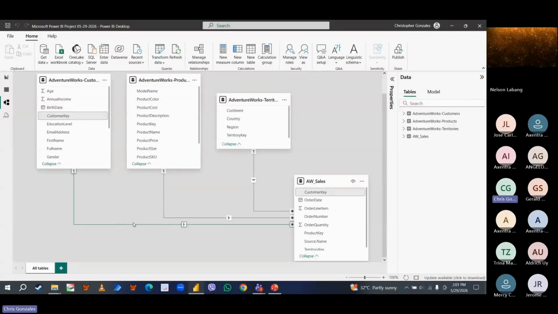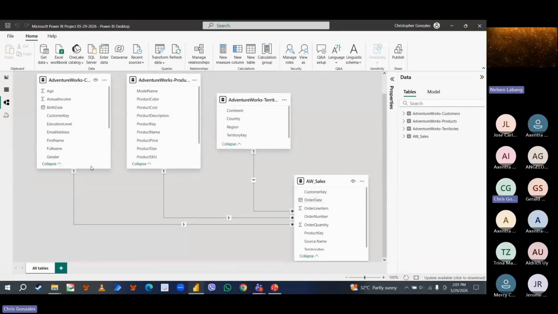Okay, now to simplify the model view, there's a lot of technical jargon I would like to use, but let me simplify this. The model view represents the backend or the backbone of your data visualization. Technically, the sales table here contains 56,000 rows.